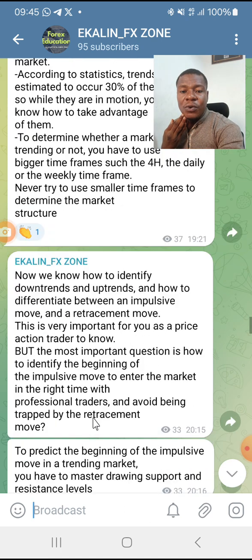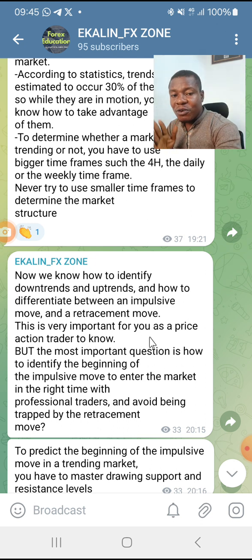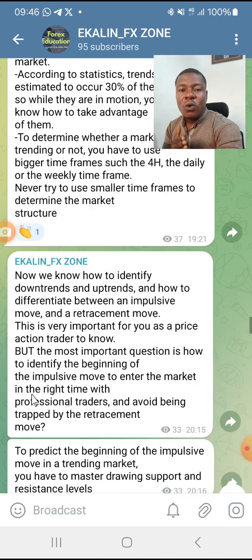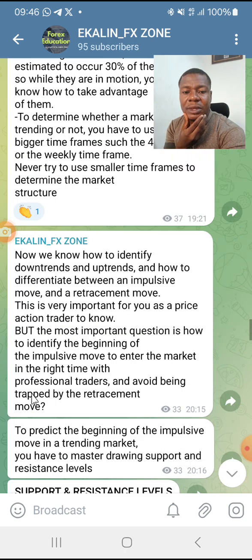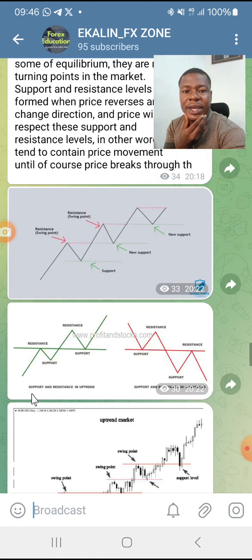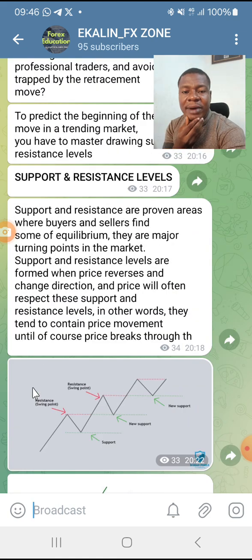All right, so now we know how to identify downtrends and uptrends, and how to differentiate between an impulsive move and a retracement move. This is very important for you as a price action trader to know. But the most important question is how to identify the beginning of the impulsive move to enter the market at the right time with professional traders, and avoid being trapped by the retracement move. Okay, so let's go back and see how to trade. Okay, I'm going to use this to demonstrate. We're going back to see how to trade